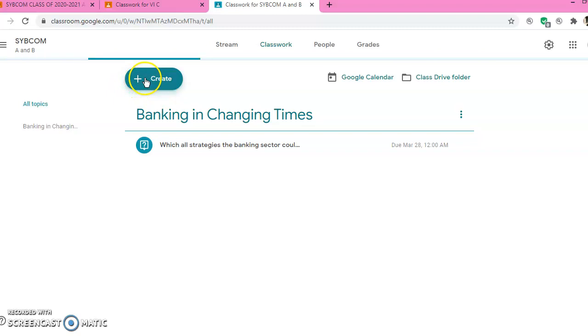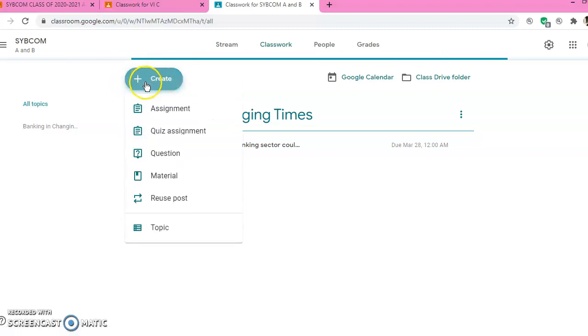You just have to click on it, and once you click on create, you can see the options which have popped up here. Assignment, if you want to give an assignment to your students. Quiz, if you want to create a quiz for them with multiple choice or with short answer or with paragraph, depending upon whatever.